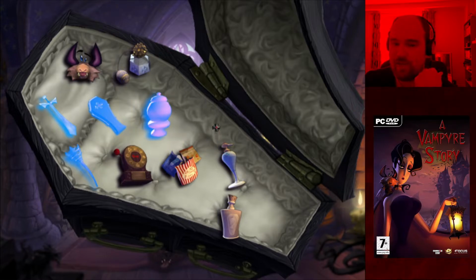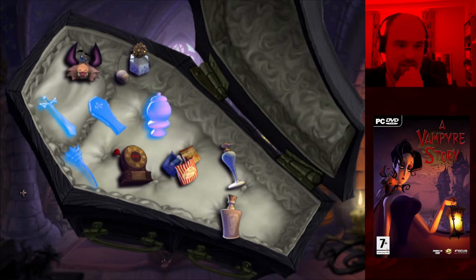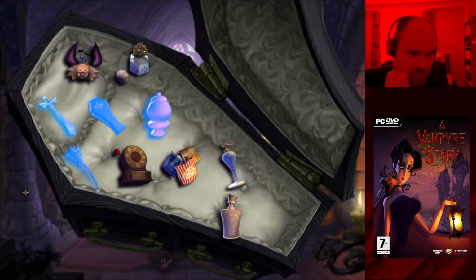Okay, for the sake of getting some actual progress in, I'm gonna pull up a walkthrough I found earlier. Okay, go. Castle.